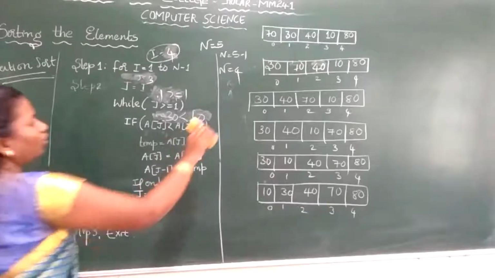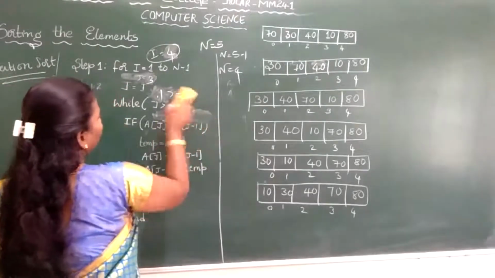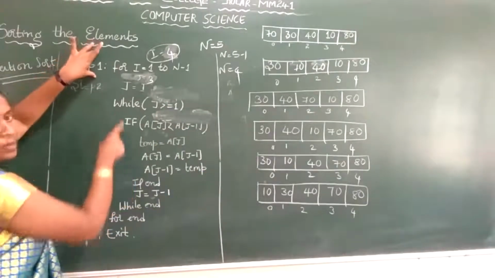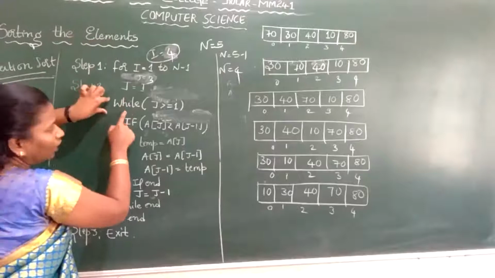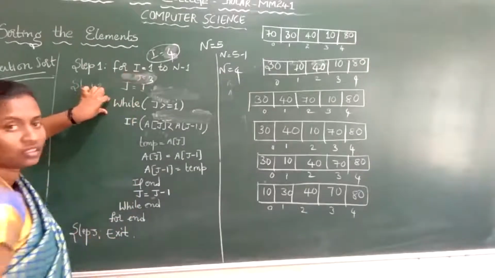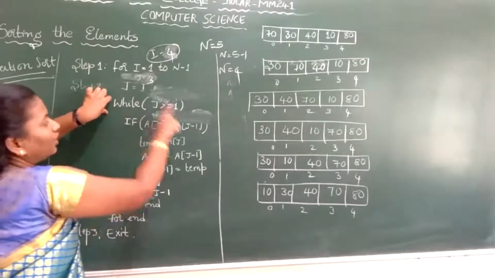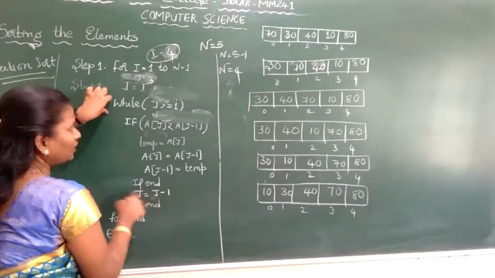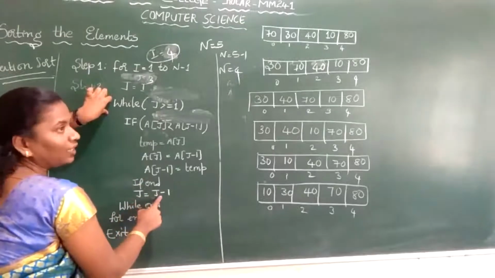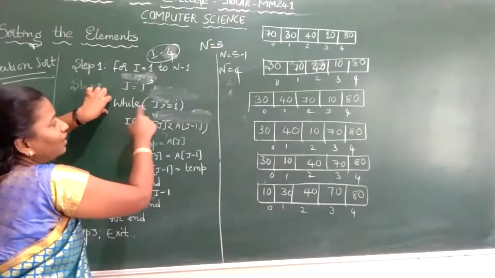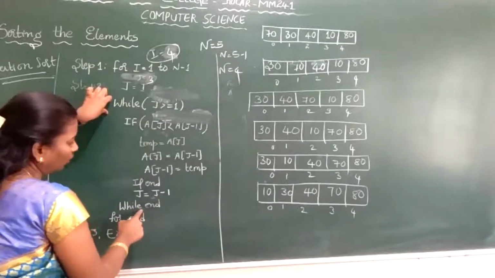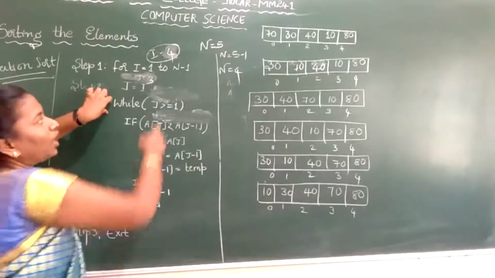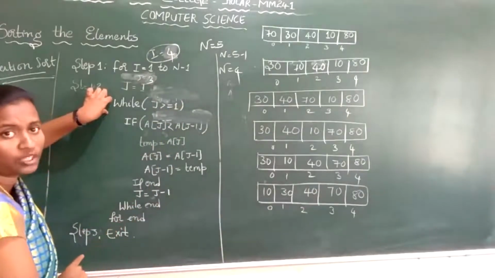So I repeat again from the first. I will just explain how to do the insertion sort. This is how the sorting technique works. See, we have two loops. One is the for loop, the next one is the while loop. Only when the while loop fails will I increment the for loop. When this condition fails, j is equal to j minus 1. Here our j value keeps on decrementing, and when the while condition fails, I will come outside the while loop. I go to the for loop, and in the for loop I will be incrementing up to when? Up to the array element size is reached, up to the number of elements.